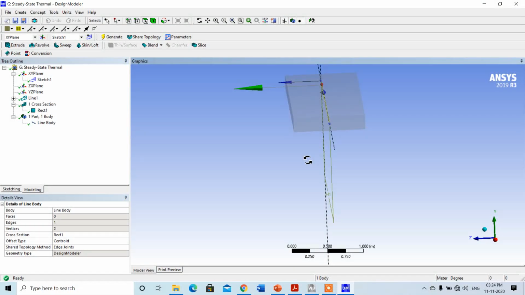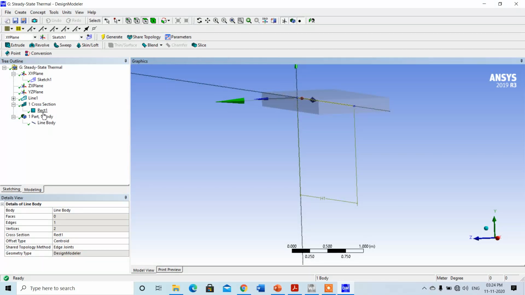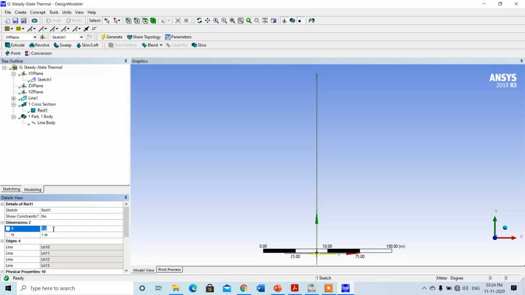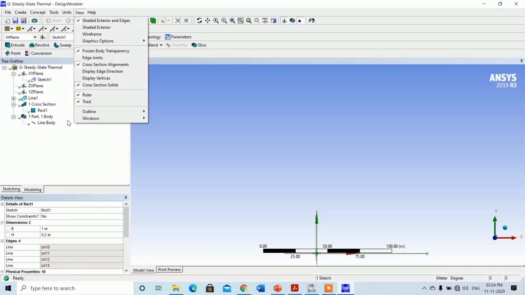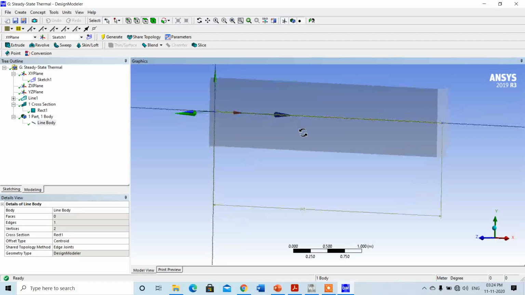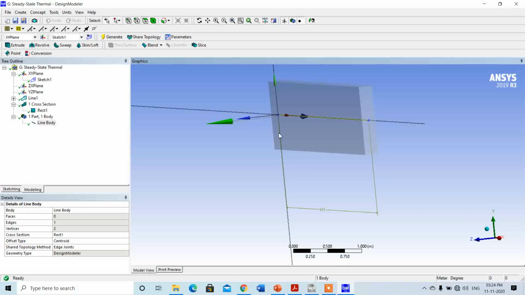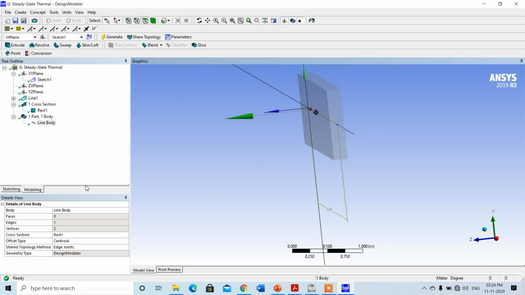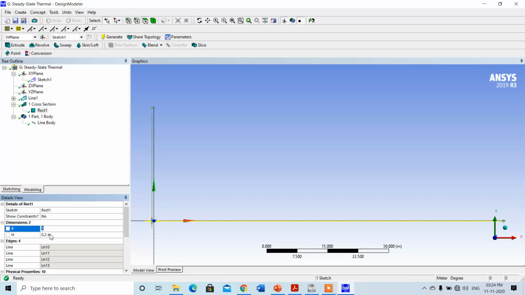Here it is applied as the width is 1 meter. I want to modify the distance, so this is 1 meter and this is 0.2 meter. Sorry, this is 1. Yes, we can check now. Yes, this is the element. We can change the width also. Try to check, if it is 0.5, then how it looks.